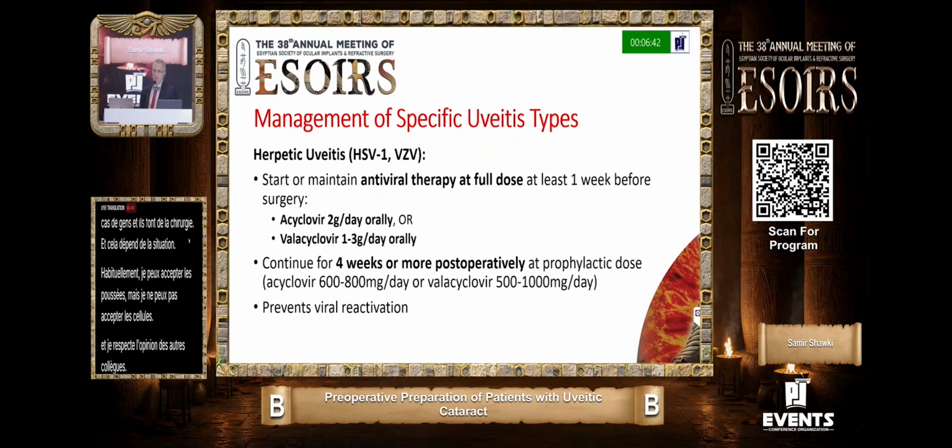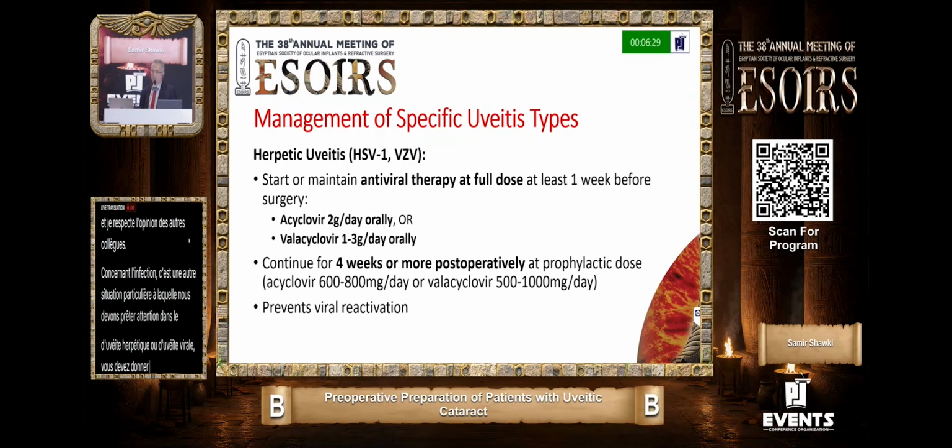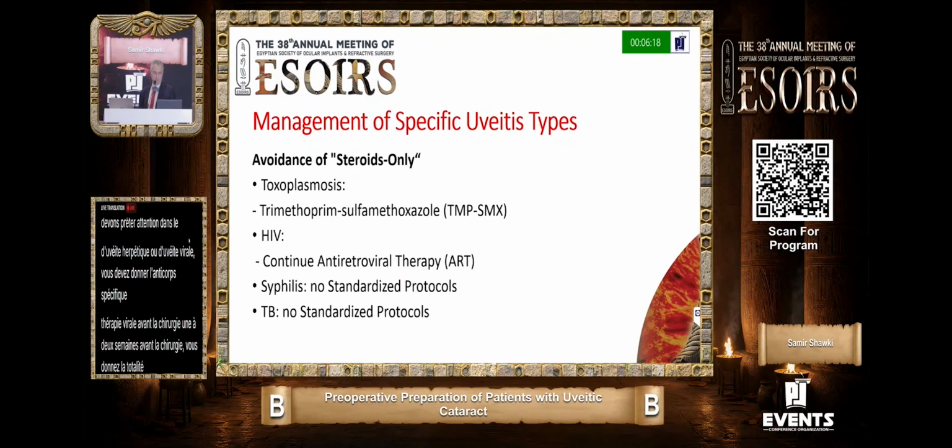Regarding the infection, this is another special situation we have to pay attention to. In the cases of herpetic uveitis or viral uveitis, you have to give the specific antiviral therapy before surgery. 1 to 2 weeks before surgery, you give the full dose, and then you put the patient on a maintenance dose for several weeks. Regarding other infections, the toxoplasmosis, the literature is not rigid, but you can give prophylactic